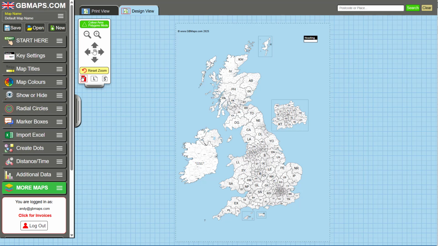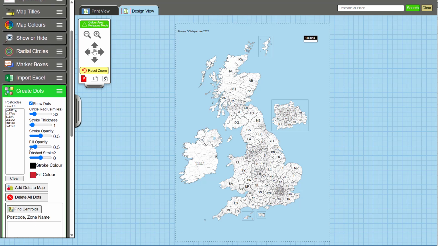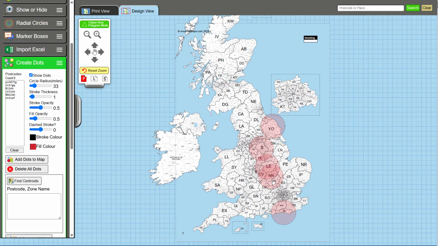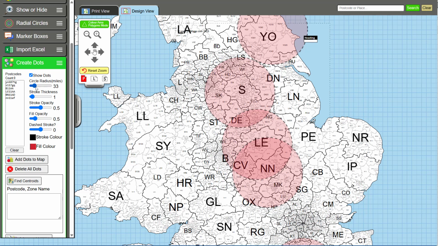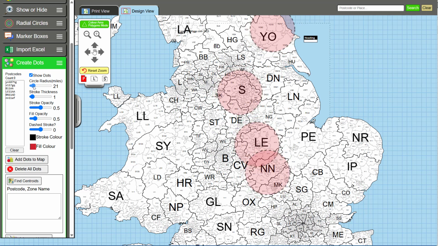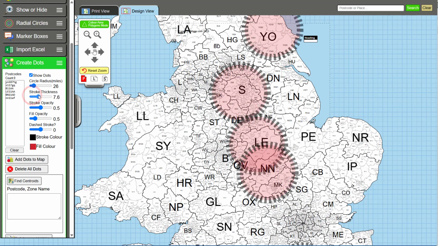Okay, so we're going to import some dots now, or create dots, and we click the menu. We need to show dots, and just as an example, we've got some postcodes already pre-populated here, and you would paste a column of postcodes in there, however many you want really, and then click add dots to map, and those dots will appear. Now you can change the size of the dots, the radius approximately in miles, the thickness of the stroke,